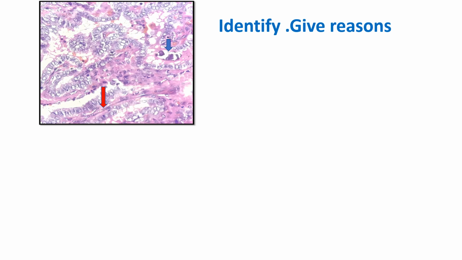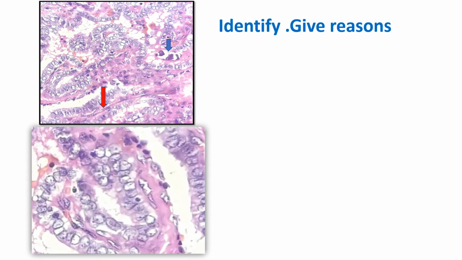In addition, in the papillary core there is calcification, or Psammoma bodies. So papillary structures, Psammoma bodies and nuclear chromatin clearing should give you the hint for the diagnosis of papillary carcinoma